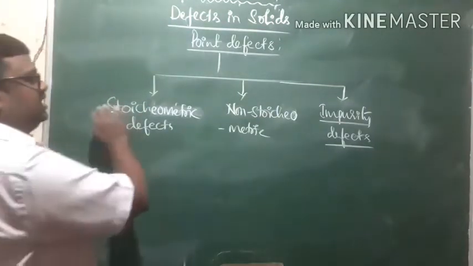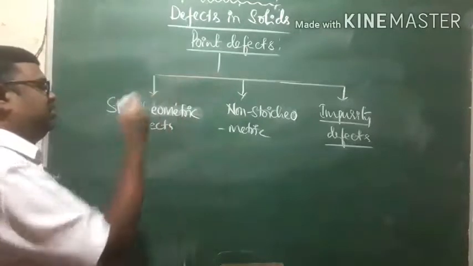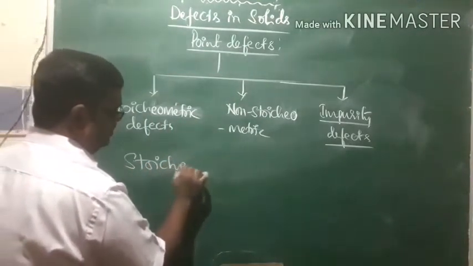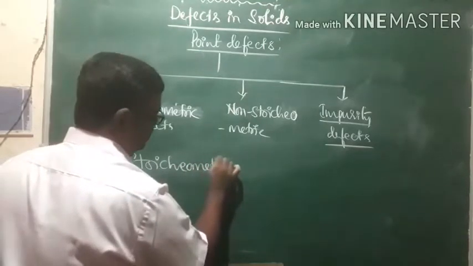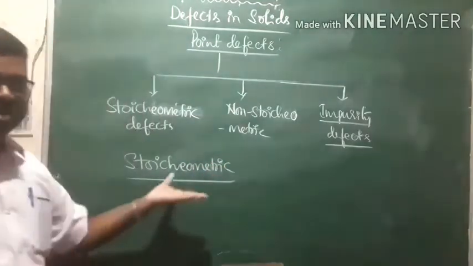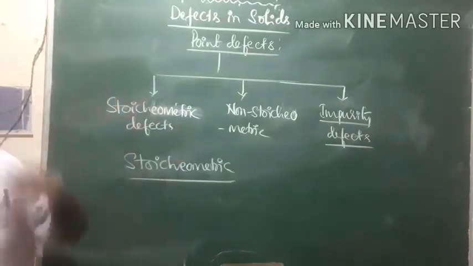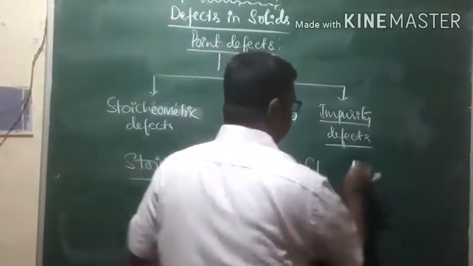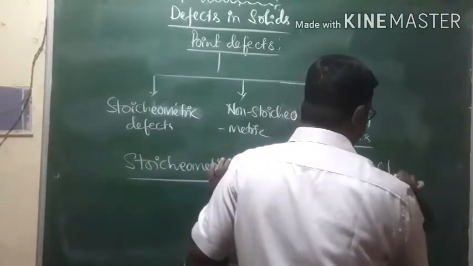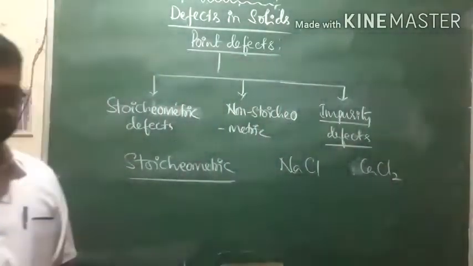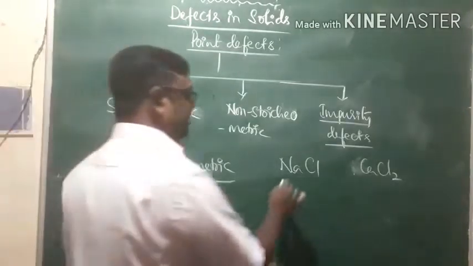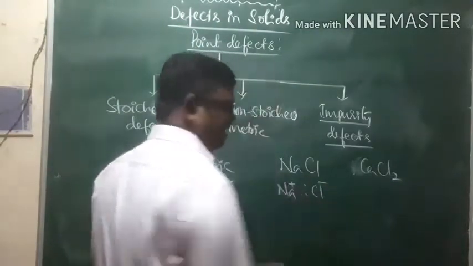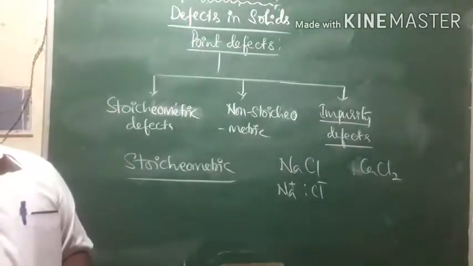And before discussing the details of the stoichiometric and non-stoichiometric defects, what does the term stoichiometric refer to, right? We'll settle that particular discussion first, then we'll go to the details of it. As far as any crystal for that matter, for example, you take NaCl, or you can say calcium chloride, this is what we call one particular crystal. Now, in the case of NaCl, we have Na plus ions and of course Cl minus ions, right?